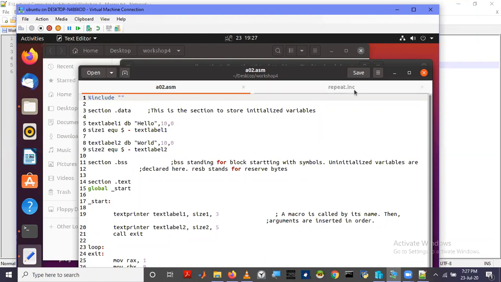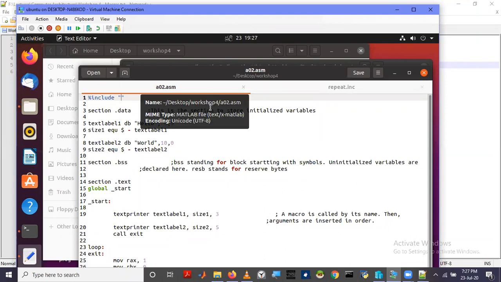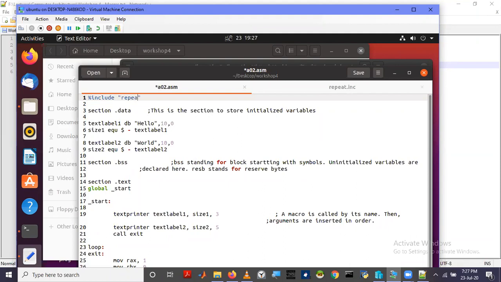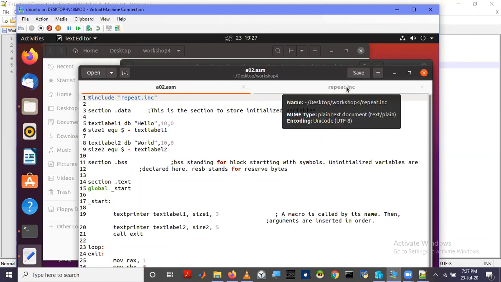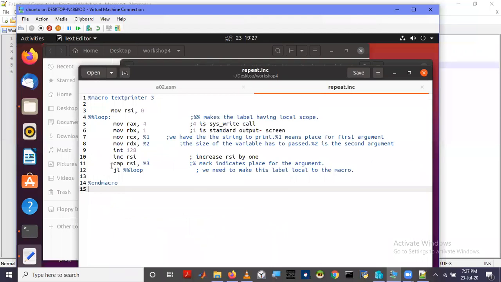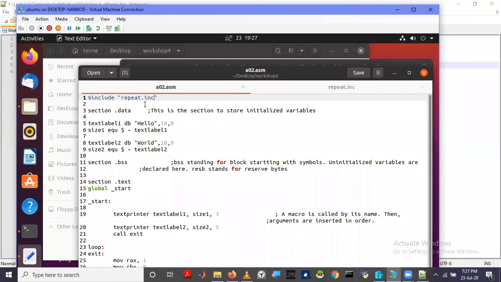What is the name of the file? Repeat.inc. That is the file to be included. What it will do when you include is that the whole text inside repeat.inc, or whatever file you call, will be copied here.